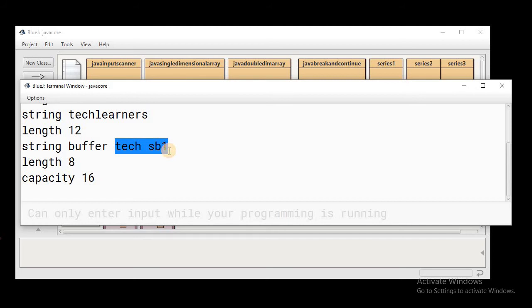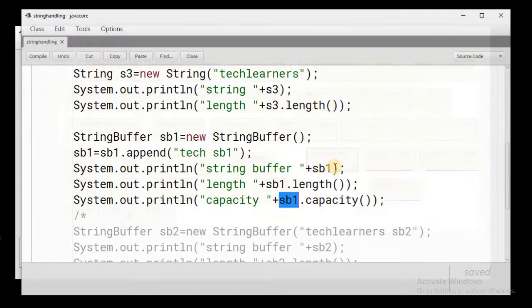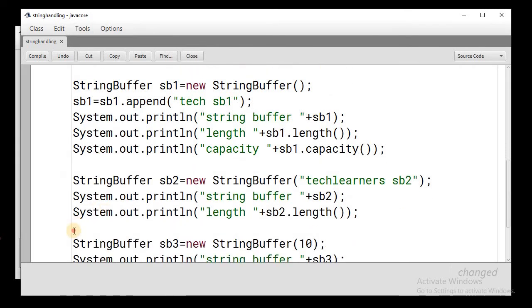So this is the difference between string and string buffer, and basically the difference between the length and capacity functions. We will be dealing with more differences and more methods of handling string and string buffer in upcoming videos. Now this is the next method of creating the string buffer.